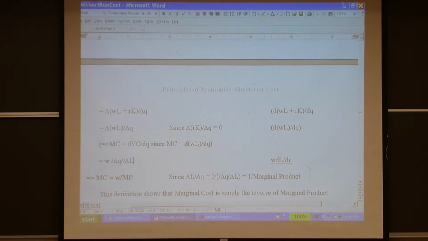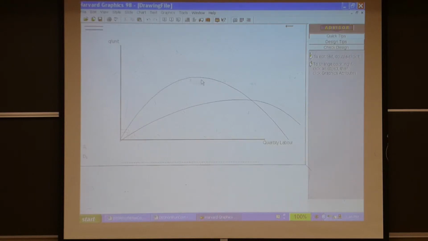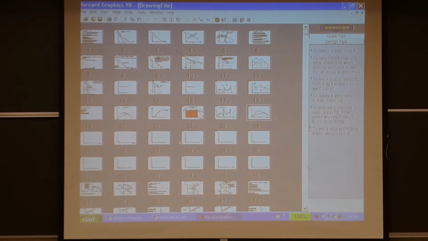I just reversed it, notice. And this underneath is the marginal product. And that is our result. So here we are. Because marginal product rises and falls, for that reason and none other,